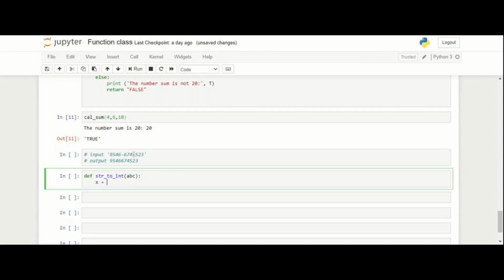There is a function called replace in Python. So what we have to do is abc dot replace, and we have to replace the dash with blank.